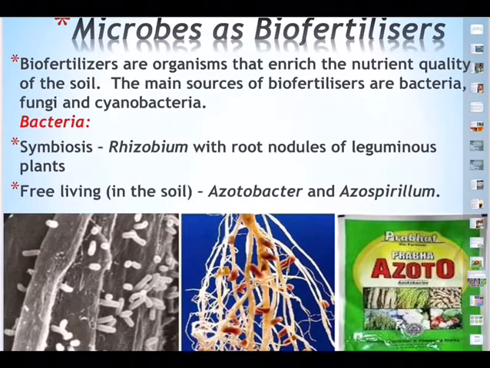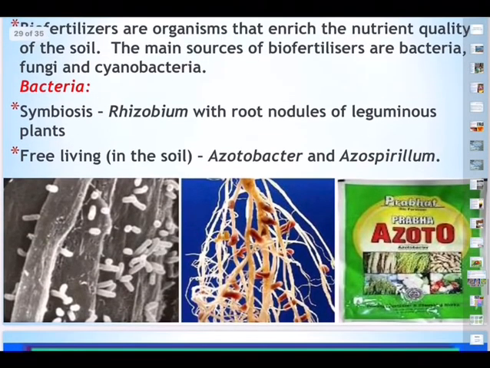Rhizobium is a bacterium. It's available in the form of powder, rhizobial powder. And Azotobacter, again, is also available. Azospirillum is also available in the form of powder. You can please suggest to your parents to use all this rhizobial powder, Azotobacter powder, Azospirillum, instead of using pesticides or chemical fertilizers like NPK, Gromor, as you call it in the market. It is very costly and also side effects will be there. So this can be used.